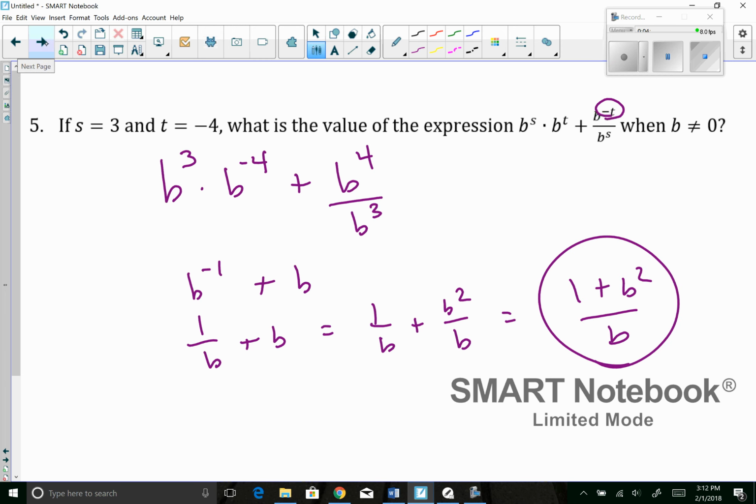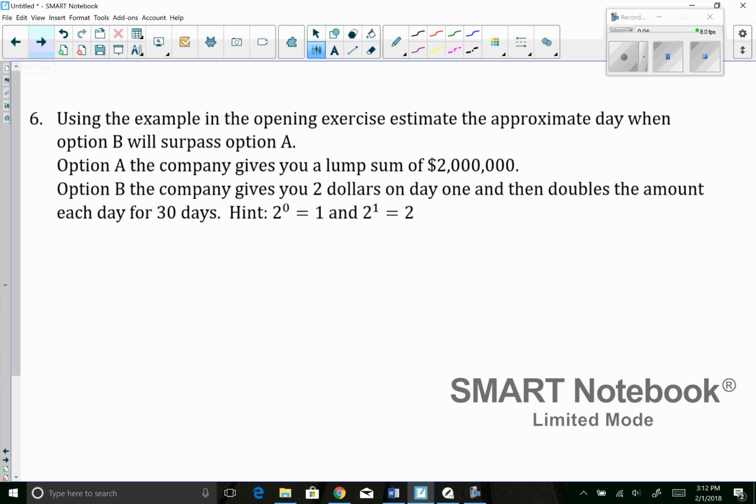Look at the last example on the first page of today's notes. For number 6, we're using the opening exercise to figure out when option B surpasses option A. So I'm going to keep plugging in 2 to a number until I figure out when it gets close to 2 million. That would take a lot of time. So instead, I'm going to graph y equals 2 to the x and look in the table. So if I look in my table of values for y equals 2 to the x,